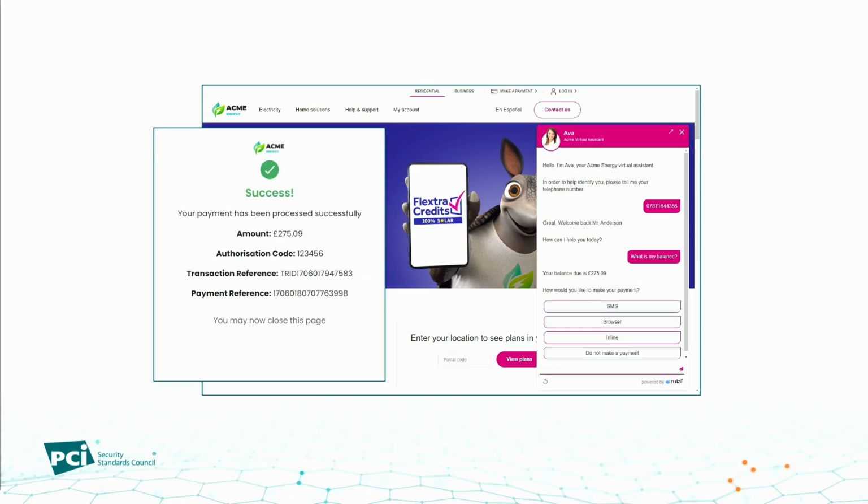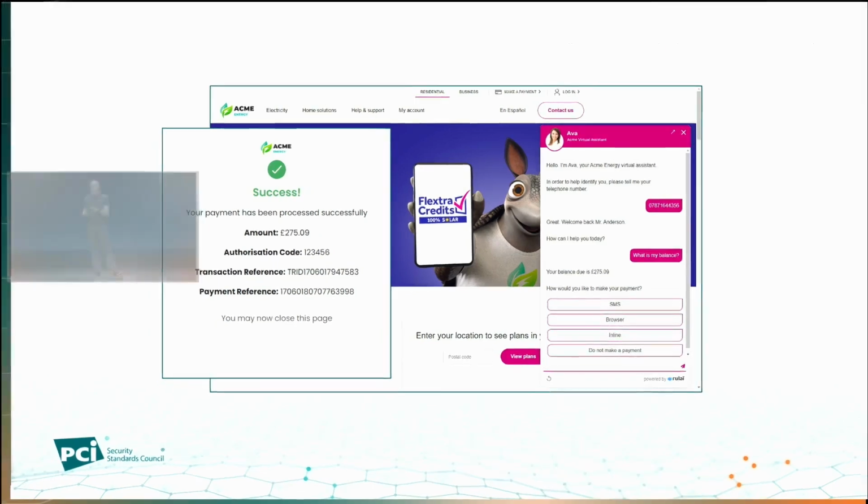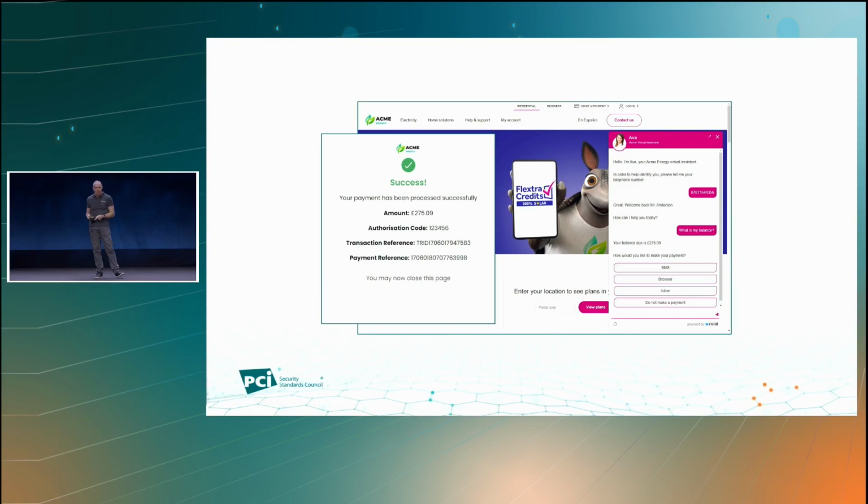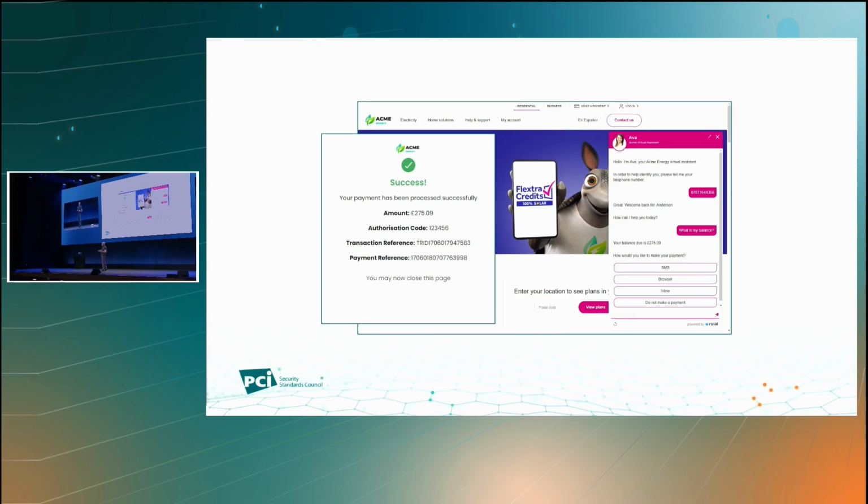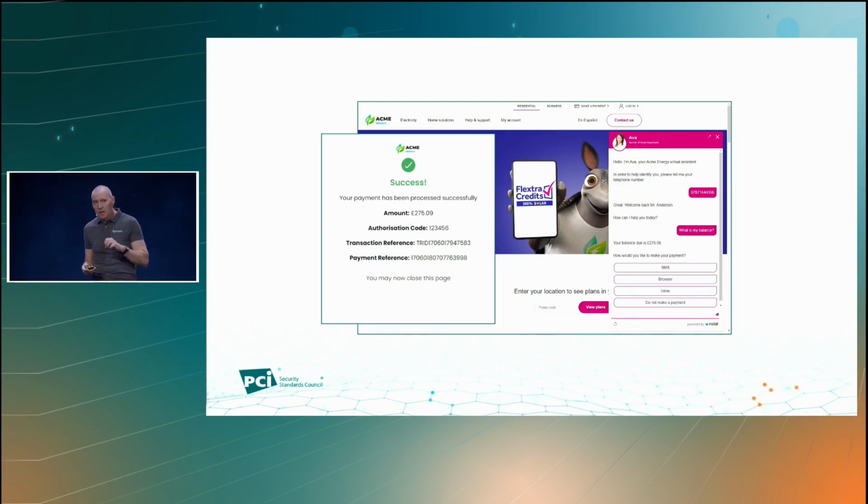So the really important thing here is that the consumer never had to leave the chat session to make the payment. They weren't having to divert over to a contact center to speak to someone to make a payment, because that's where merchants are often seeing a fallout in the payment completion. If they have to send them elsewhere, either the end customer can't be bothered, or forgets, or for whatever reason, that payment doesn't complete. So the big benefit of pay-enabling digital channels means that you're not having to deal with channel shift and move people elsewhere.